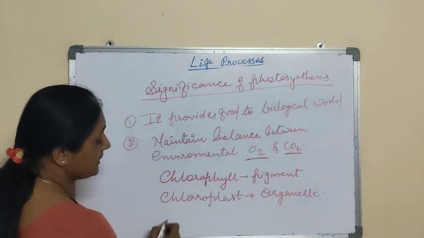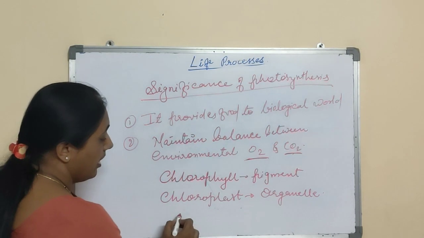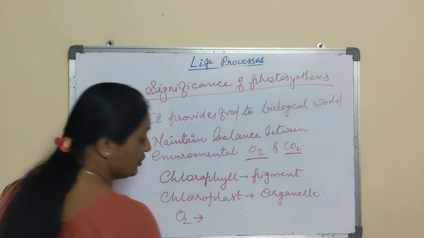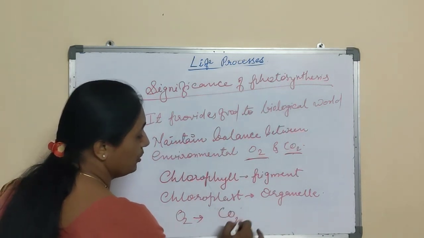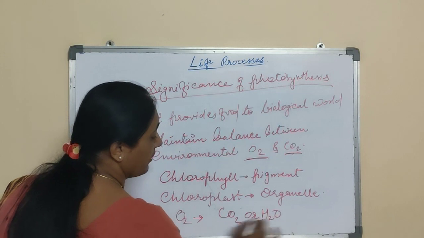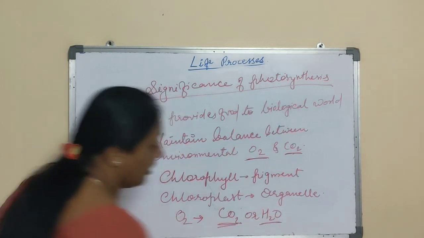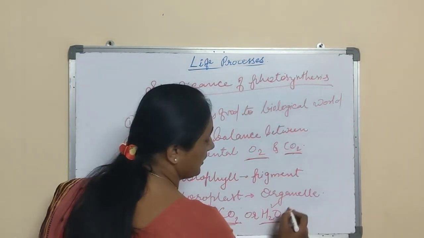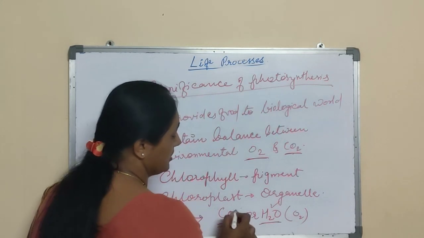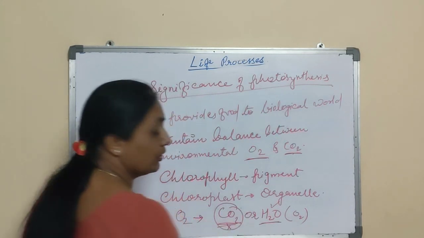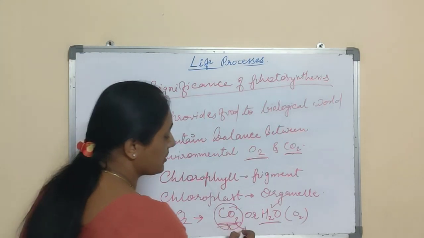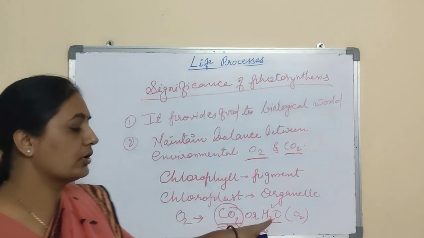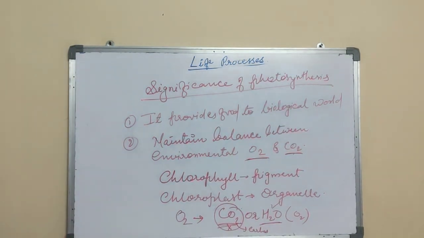In the process of photosynthesis, as a byproduct, we get molecular oxygen, free molecular oxygen. So which raw material gives oxygen, CO2 or H2O? We get oxygen from water. Splitting of water releases molecular oxygen. CO2 never gives molecular oxygen. CO2 is reduced into carbohydrate. It converts into carbs, and free molecular oxygen we get from the splitting of water.